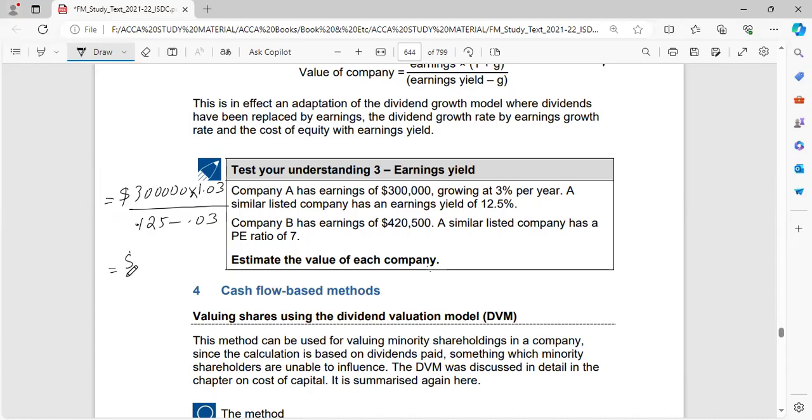Value of the company is 3,252,632. Here we have a similar size Company B with earnings of 420,000. A similar size listed company has a P/E ratio of 7 times. So if we use the P/E ratio method for this organization, 420,500 into 7,